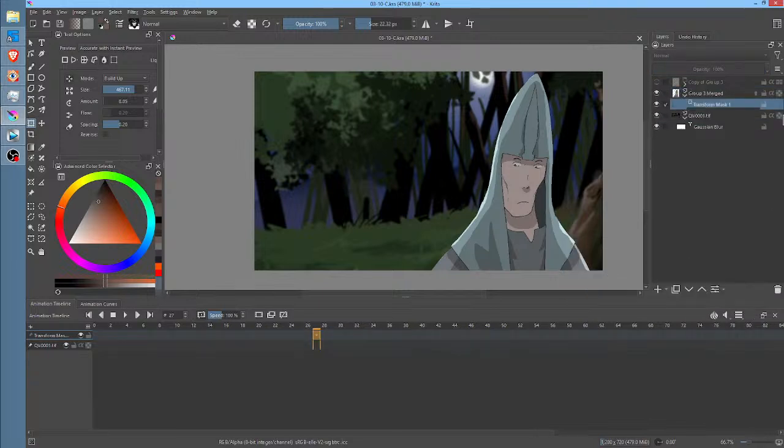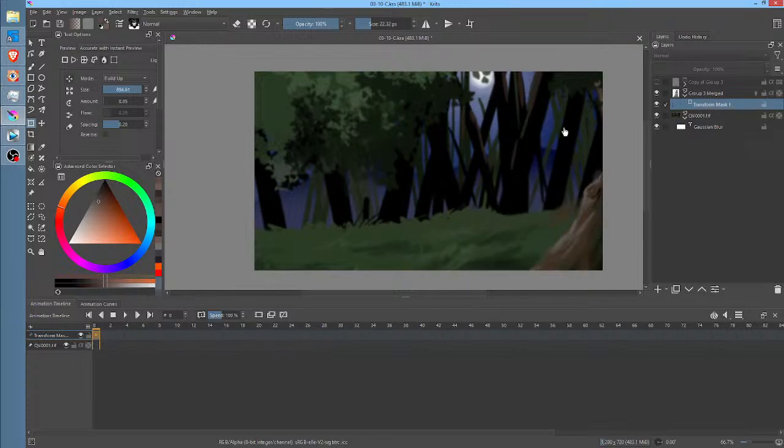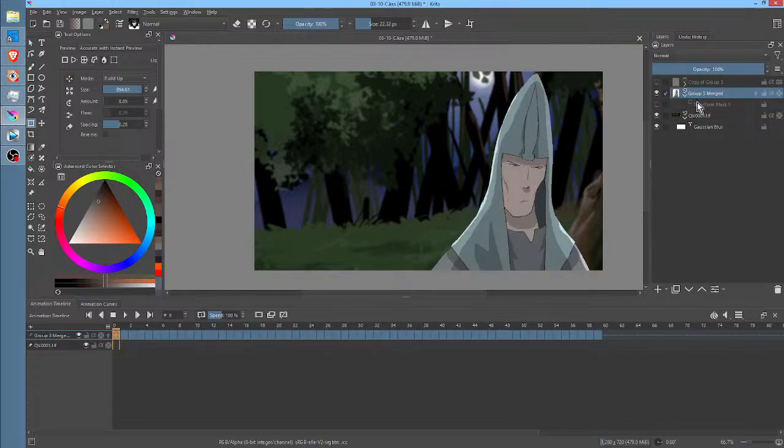Okay, so I'm going to try something different just for kicks and grins. I'm going to add another transform mask, and I'm going to leave it in Liquify mode. By the way, let me pause here and remind you guys of something. Let me turn this off. So an immediate question would be, is there any point at all in using the other transform methodologies other than the basic transform with the transform mask? And there is one reason why you might want to.